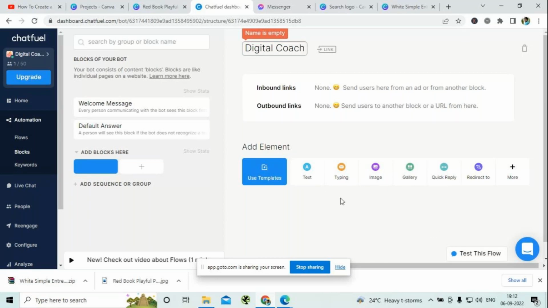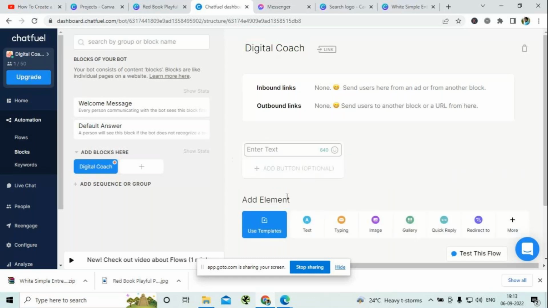So what is this digital coach? If you want to explain it, you can give the information in the text box. I'll click on the text box, so that here you are able to see the content, giving the information about yourself. What are they going to be earning out of this program? So the digital coach program